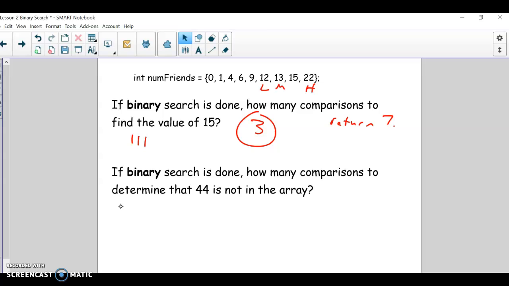So that would be our second comparison. We compare the 13 to 44, and we would realize that our target is bigger, so we would jump low up again, one more than mid, recalculate mid to be right there, half of those 2 indexes, all right? And then we didn't find it there, right? So we do another comparison, but we would say we have to be bigger. So then we would jump